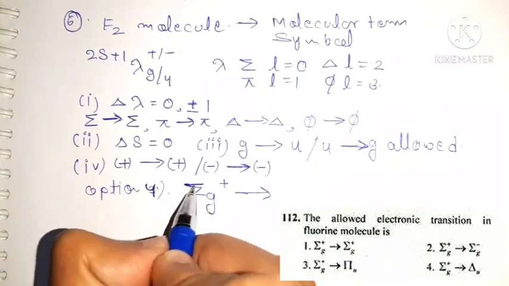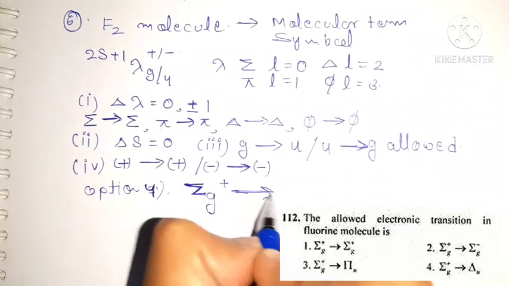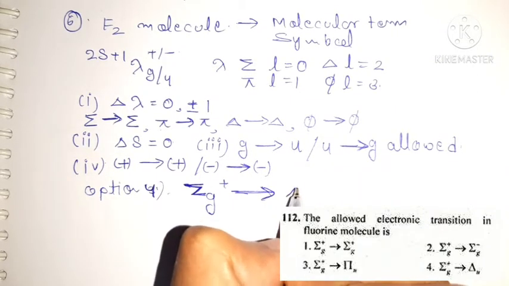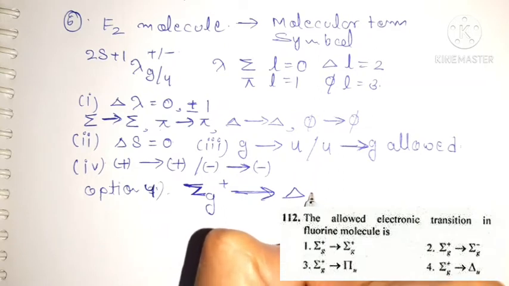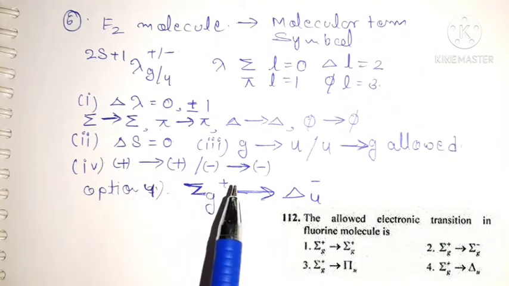Okay, that is sigma g plus 2 delta u minus. Okay, here sigma to delta, the difference of lambda is